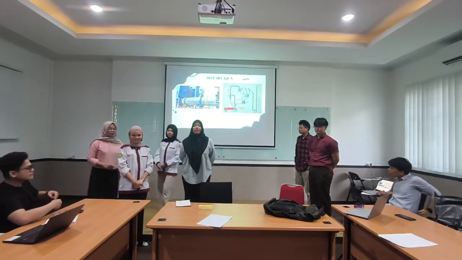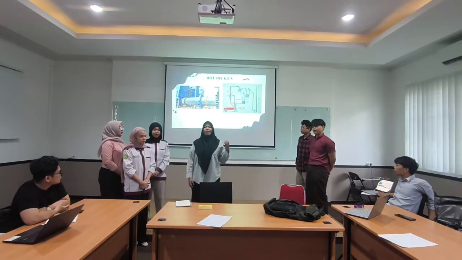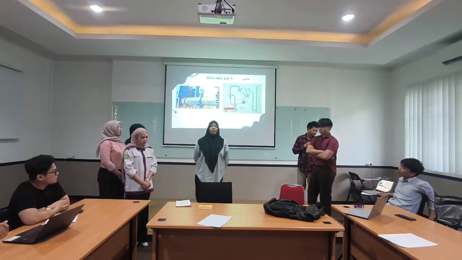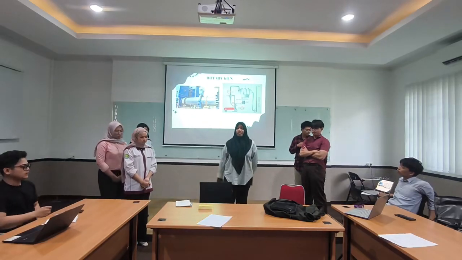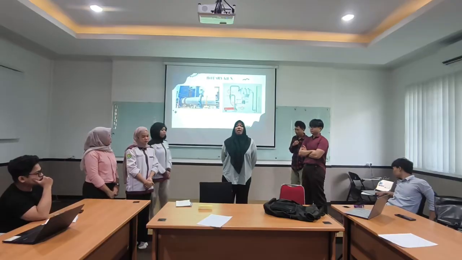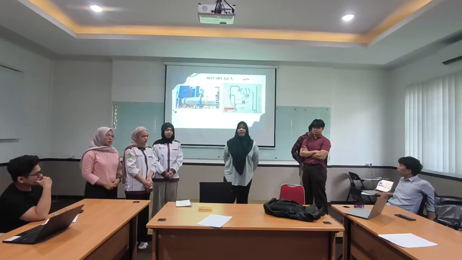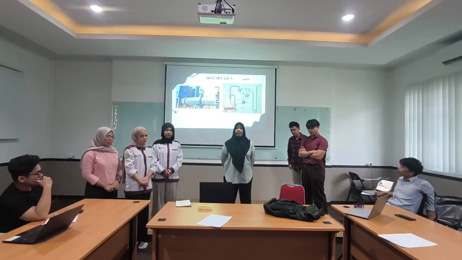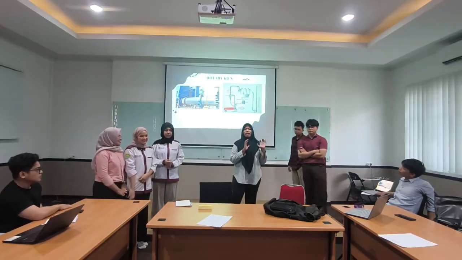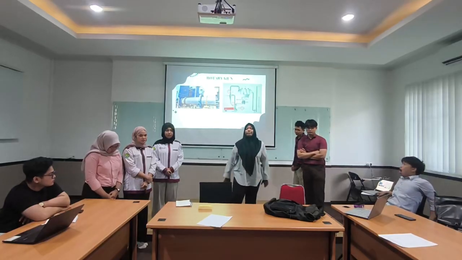So here are two pictures of a rotary kiln. The right one is the rotary kiln, and the left one is the whole process of the rotary kiln. The process is not that simple, because before entering the kiln, the lime mud is dried first in a lime mud dryer using hot flue gas, and then the material is carried to the cyclone, where the dry lime mud is separated from the gas before entering the kiln.